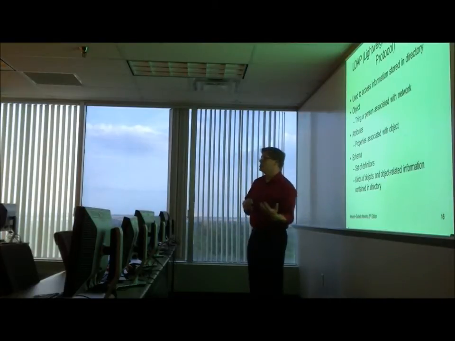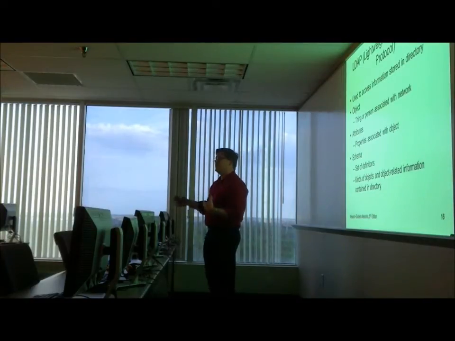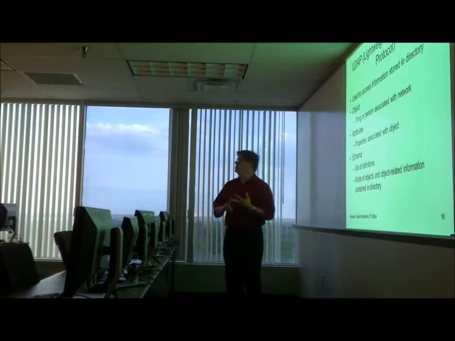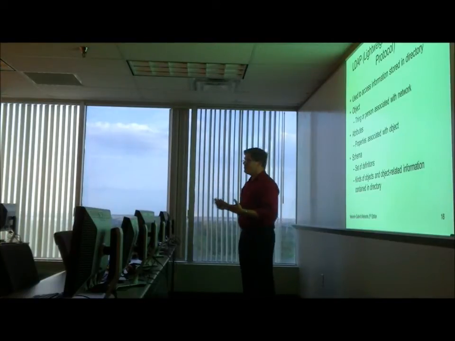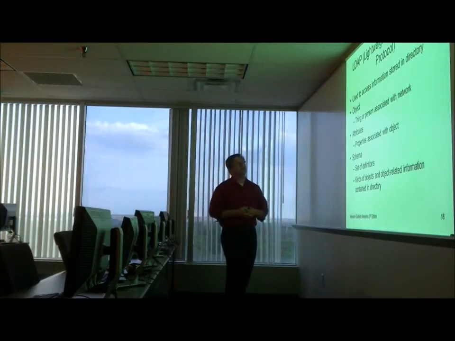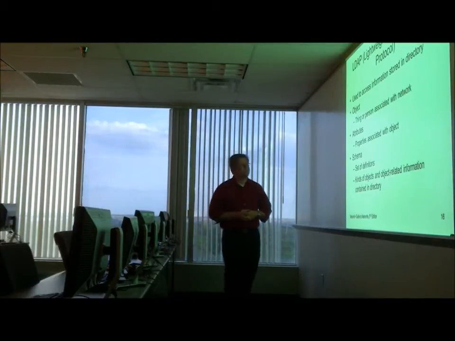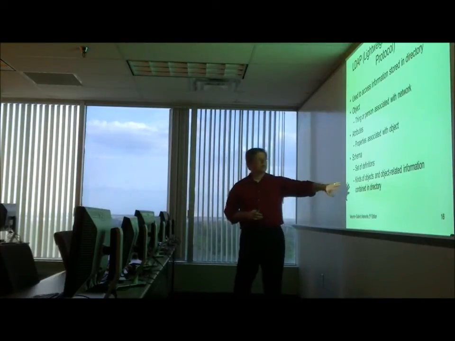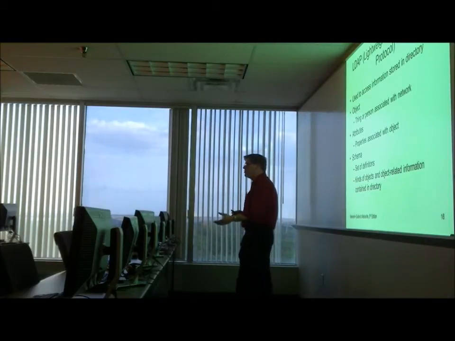At the same time, something more tangible, like a printer, also has various attributes. It has a brand, a model, a location. You want to know where that printer is. It's on the 5th floor of the Hickman building, or it's in Stephenville. If you send a print job to Stephenville and you're here, that probably doesn't do you a lot of good unless you want it to be there for some reason. So keeping track of all that information in some type of directory is a good way to know where those printers are. Schema is a set of definitions describing the kinds of objects and object-related information contained in the directory.